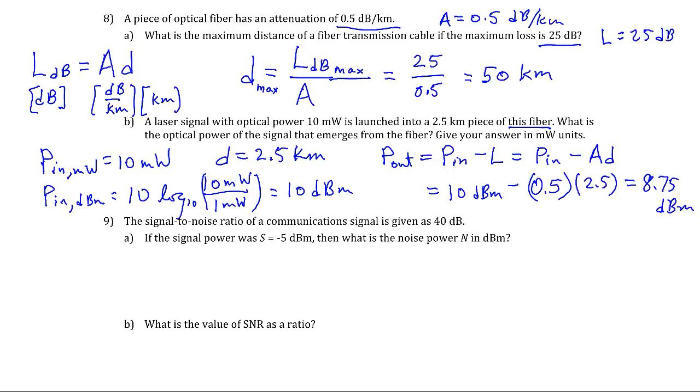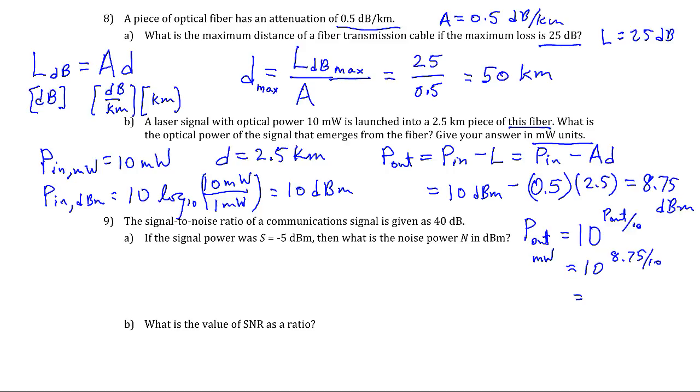Half of 2.5 is 1.25. 10 minus 1.25 is 8.75. Oh, and they want it in milliwatt units. Okay, so P out in milliwatts is 10 raised to the P out dBm over 10, which is 10 to the 8.75 over 10, which on my calculator gives me